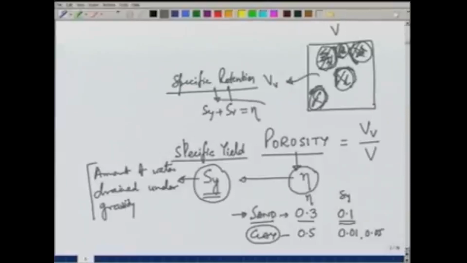So, out of total porosity, if we take out S y, then the amount retained by the soil is S r, and specific retention typically will be higher for clay and less for sand. So, what we are interested in is the aquifer or the formation should be able to store enough water and it should be able to yield enough water. So, based on these two criteria, we classify the formations in 4 different categories,